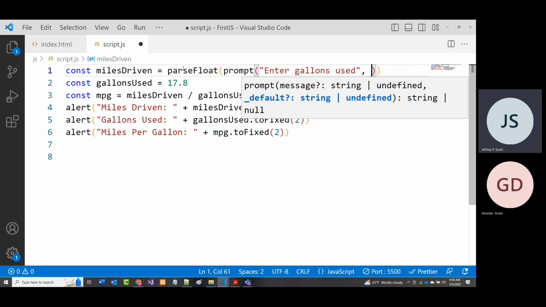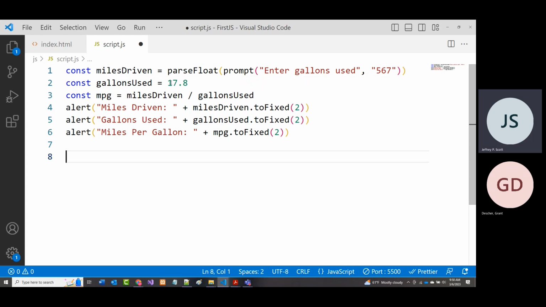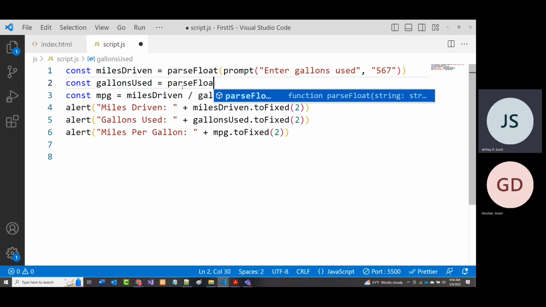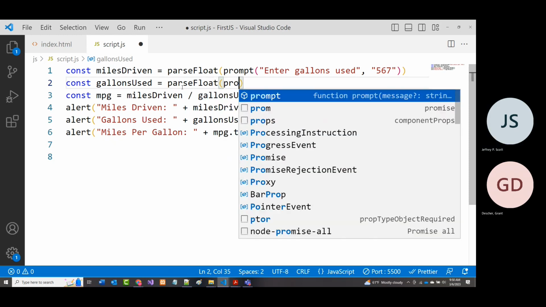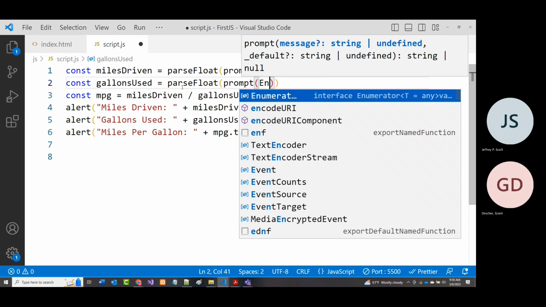And I'm going to give it a default value, and I'll give it our same default we had, 567. All right. And then I'm going to come in here and say parse float, prompt, enter,